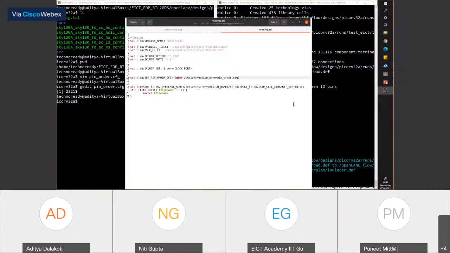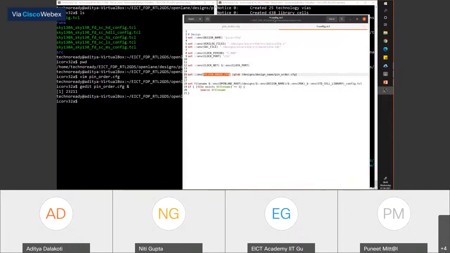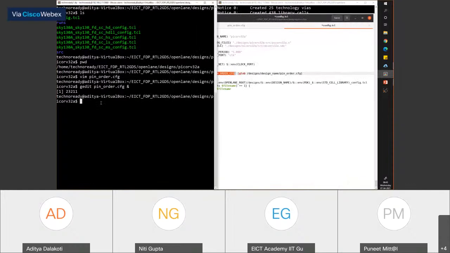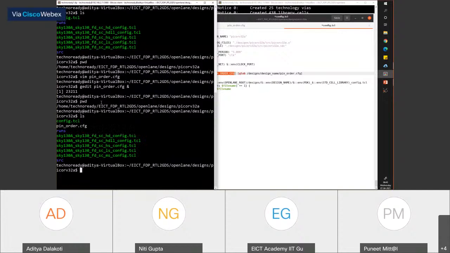So we need to set an environment variable. I'll type it in the chat box, in the Q&A box. But before I do that, let me explain. FP pin order config is the environment variable we want to set. What is the path we want to set? This is where our pin_order.config resides, right? You want to provide this path.